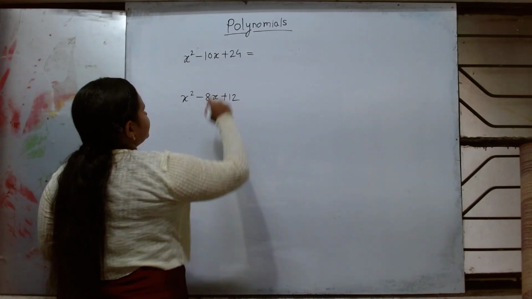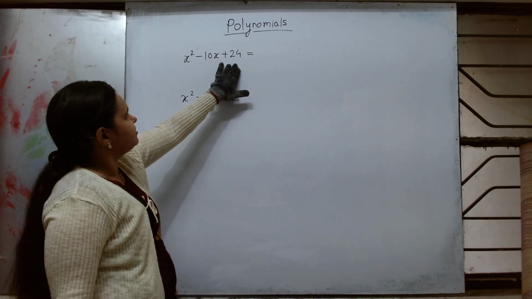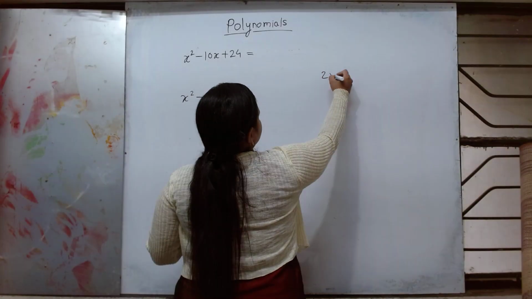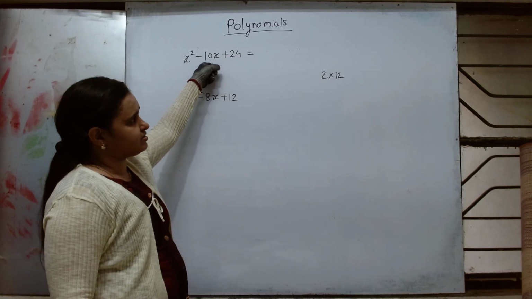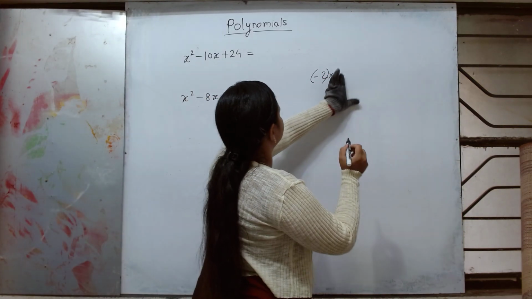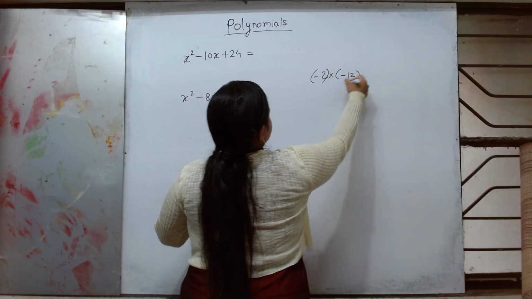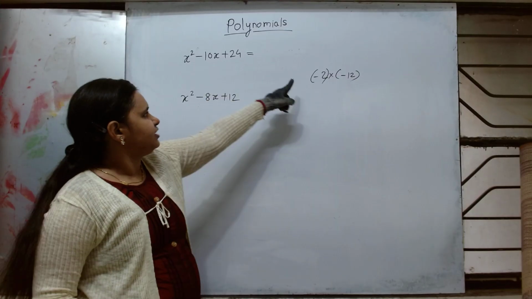Again we have to find the factors. The multiplication should be 24, so the two factors are 2 into 12. 2 twelves is 24, but we want minus, so it will be minus 2 into minus 12. Minus 2 into minus 12 is 24, and